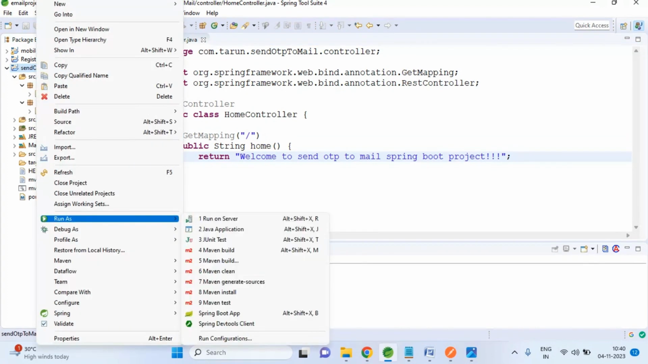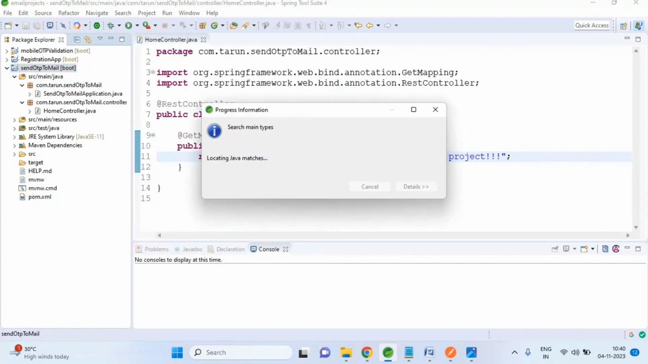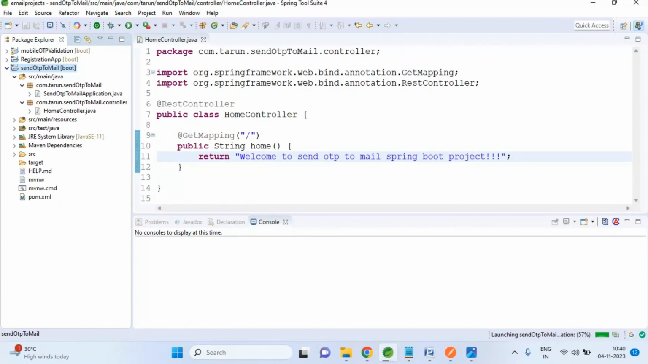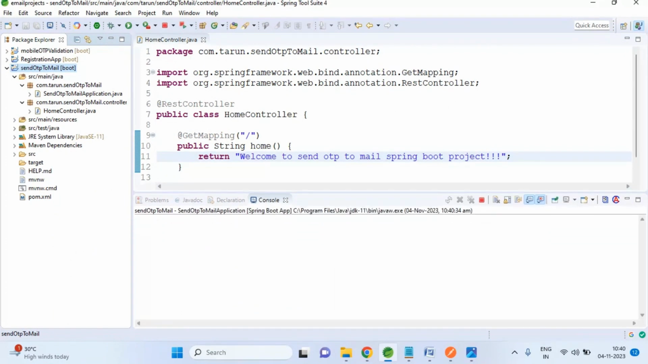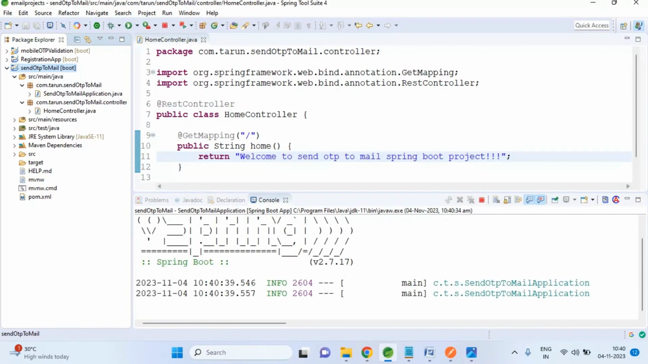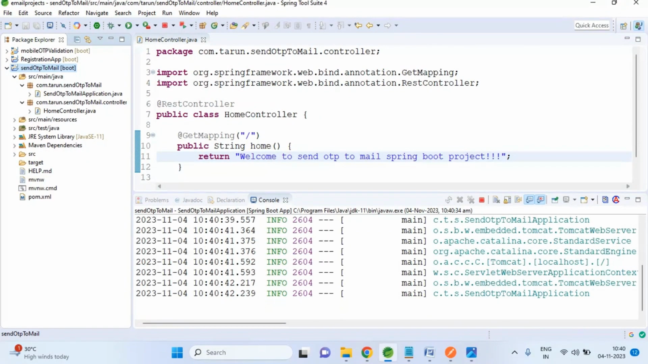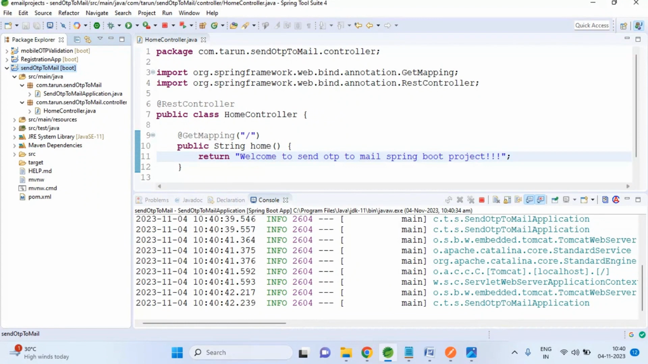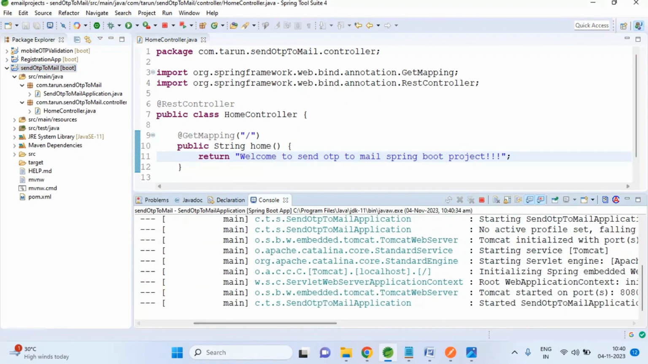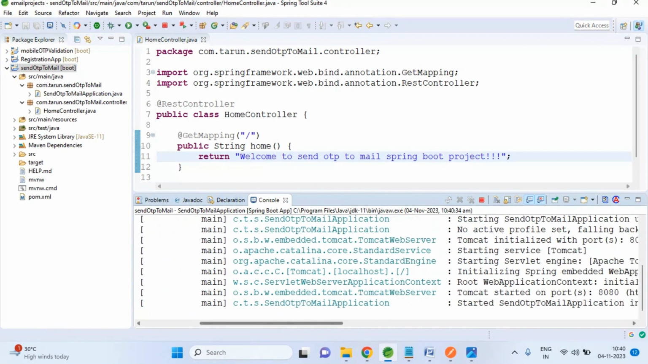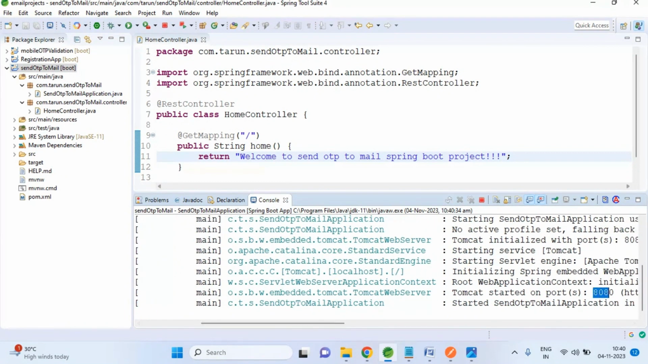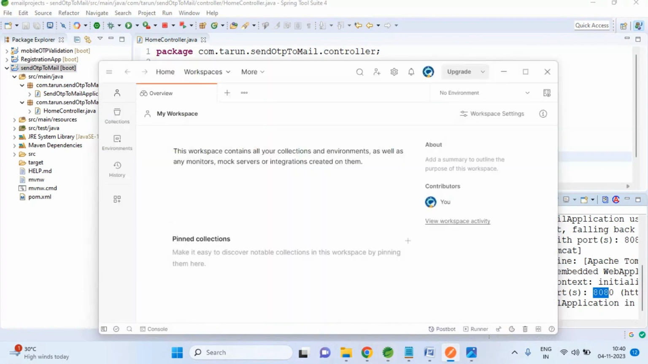So right click on the project, run as Spring Boot app. You can see here our project has started, and it started on a port. Yes, Tomcat started on port 8080. Okay, so just go to Postman or the browser